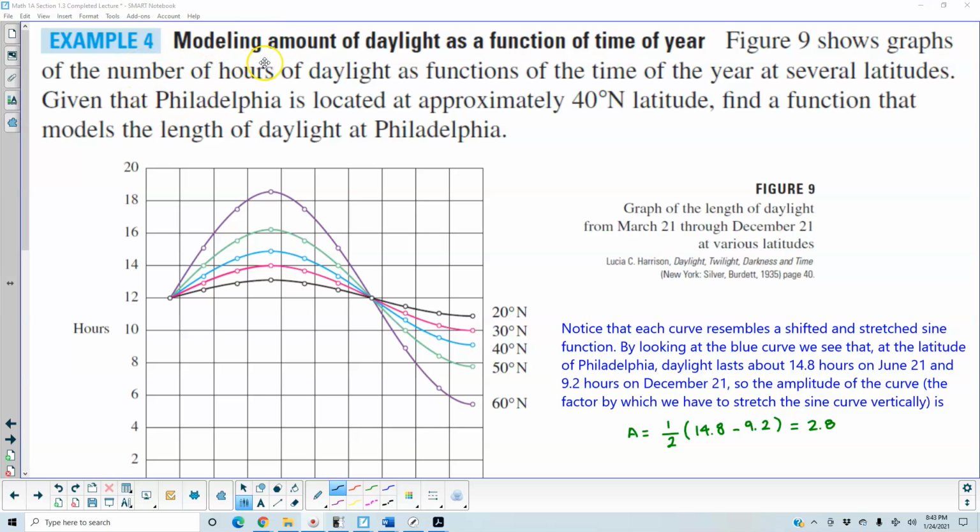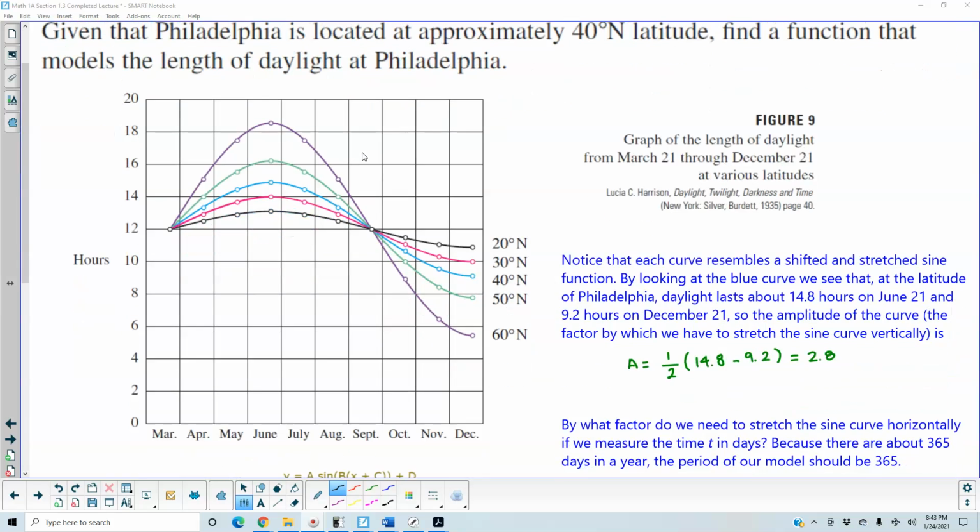Example 4. Modeling amount of daylight as a function of time of year. Figure 9 shows graphs of the number of hours of daylight as functions of the time of year at several latitudes. Given that Philadelphia is located at approximately 40 degrees north latitude, find a function that models the length of daylight at Philadelphia. Now, if you notice that each curve resembles a shifted and stretched sine function, by looking at